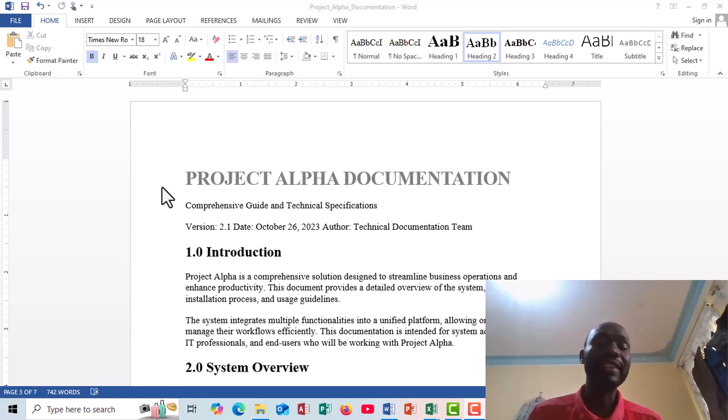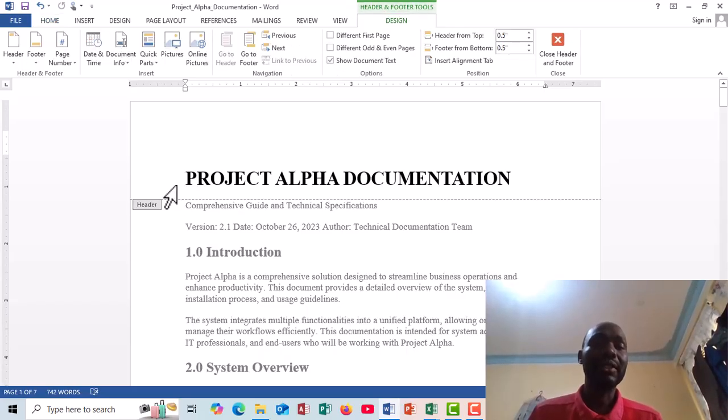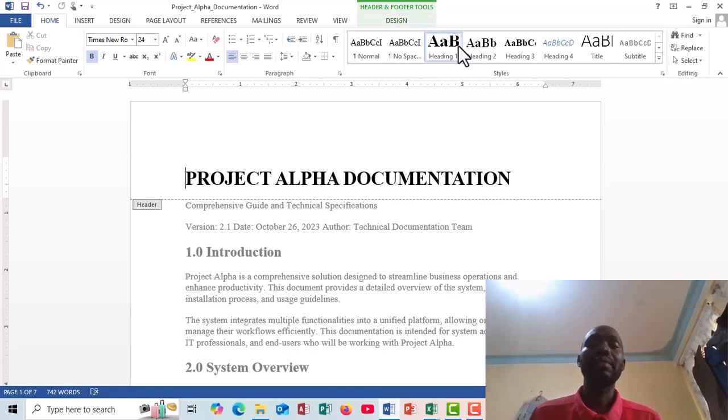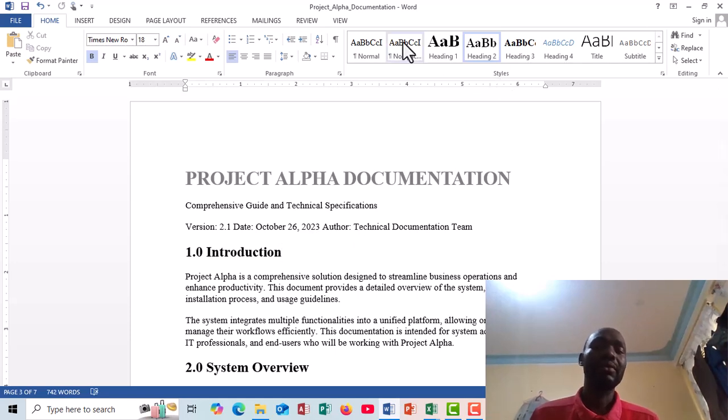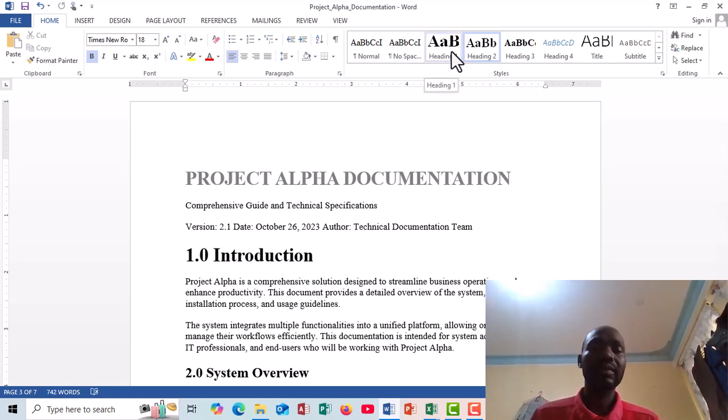Then you bring your cursor to them. So under this we have the project alpha document. So under this project alpha document, we will bring our cursor here. So this becomes our first heading. So we'll come here, put it as our first heading. Oh, we move to the next step. Bring our cursor here, then 1 point becomes our second